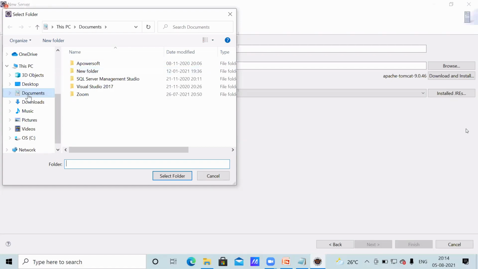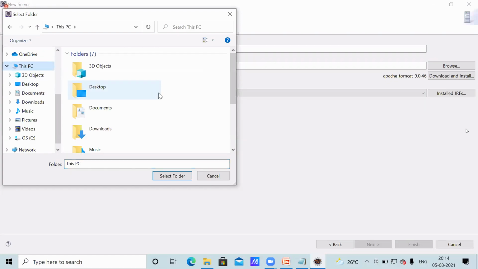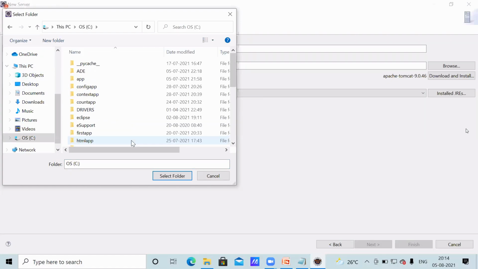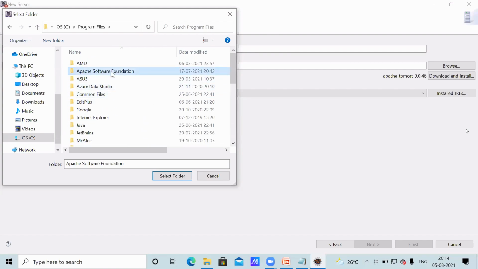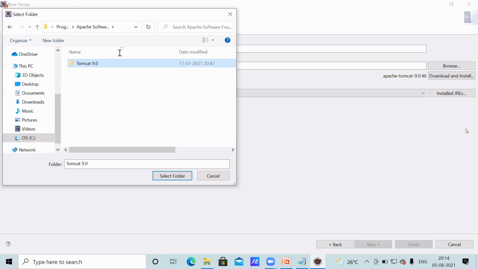Browse button. This PC, C drive, Program Files, Apache Software Foundation, Tomcat 9. Okay. Now this one I'm going to click. Just wait 1 minute.